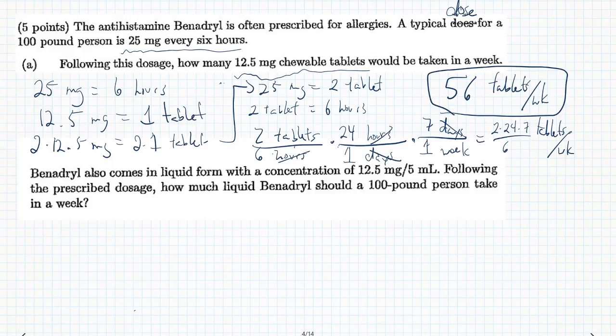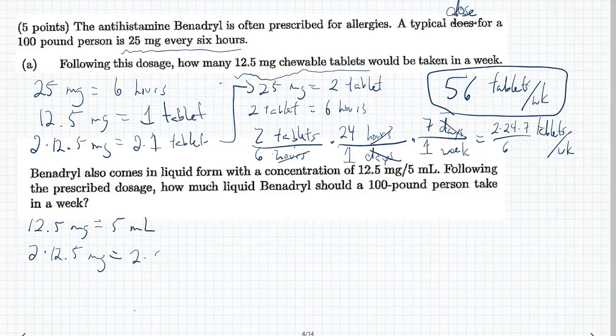Now moving forward, Benadryl also comes in liquid form with a concentration of 12.5 milligrams per 5 milliliters. So in this case, we have 12.5 milligrams per 5 milliliters. What that means is we can create this as an equality and work with it however we need to. Let me go through the process. We'll do 2 times 12.5 equals 2 times 5 milliliters. So that means 25 milligrams